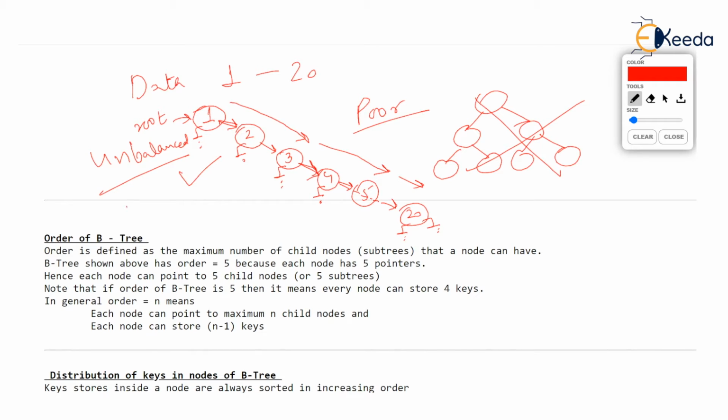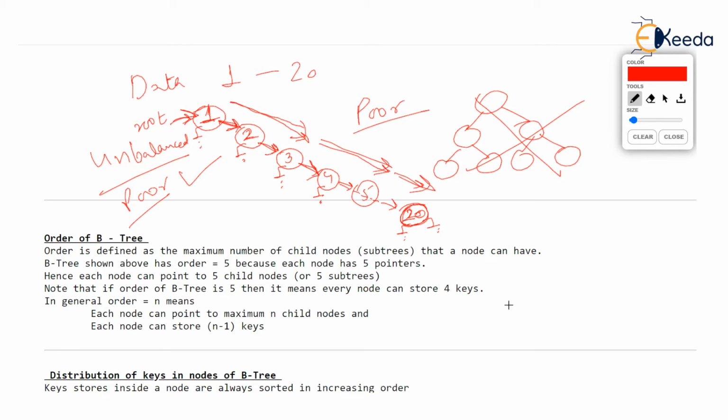So what is so poor about this? Let's say you are asked to search 20 in this tree. That is the worst case because you know only the root node. So your search will begin at the root and you are searching 20, but the root is storing 1. So you will agree that if 20 is present, it should be present to the right, and you will compare 20 with 2, and 20 must be to the right, and you will keep doing these comparisons. Of course, you will search 20 successfully, but note you have done 20 comparisons. You have checked 20 nodes. That is the worst performance, isn't it?